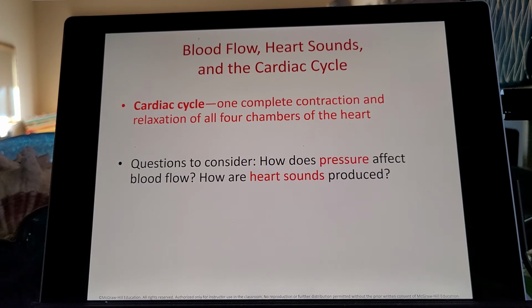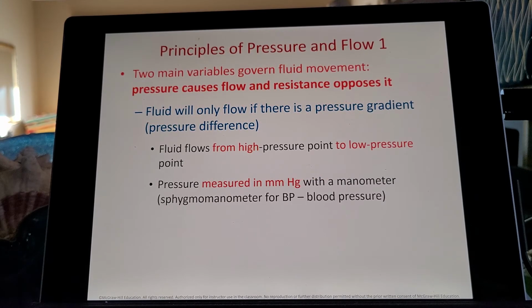Okay, so we're going to be looking at our blood flow, and as stuff contracts, it tracks and relaxes. We'll cover this concept in our respiratory chapter as well. The reason we have the contraction is to build up pressure in one area so that our blood can flow down its pressure gradient from a high pressure to a low pressure, and therefore causing the movement of the blood. We can measure this pressure with a sphygmomanometer, also called a blood pressure cuff, and it's measured in